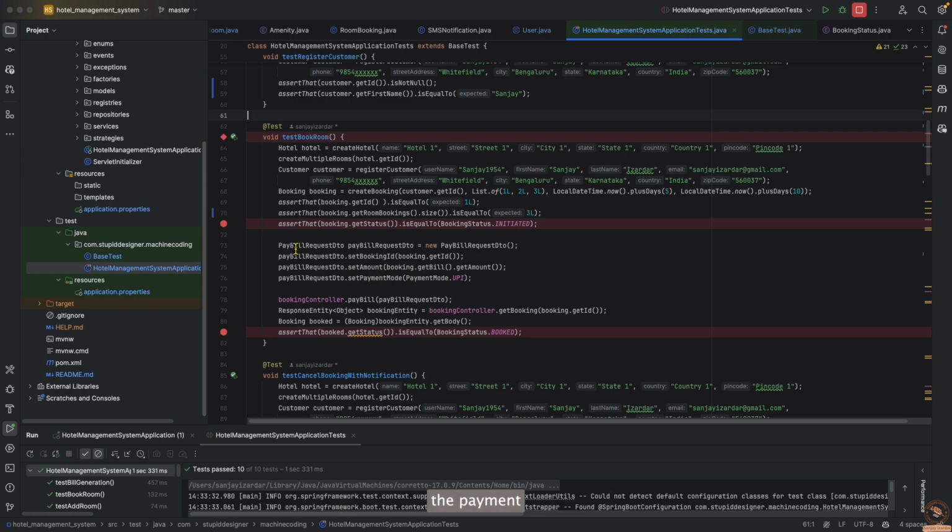Then we are passing the payment related information like the booking ID, then the bill amount, then how we are paying it. After that, we are creating a payment for the booking. Once we have created the payment for the booking, we are getting the booking again by using the booking controller get booking,